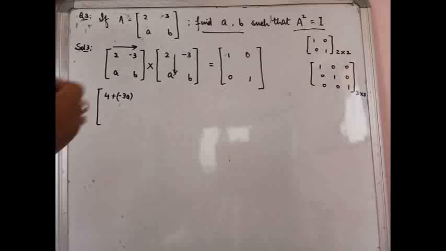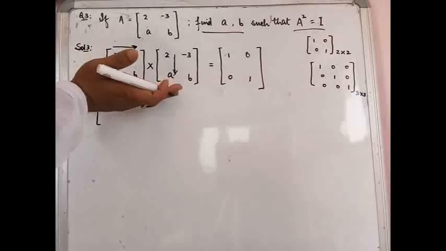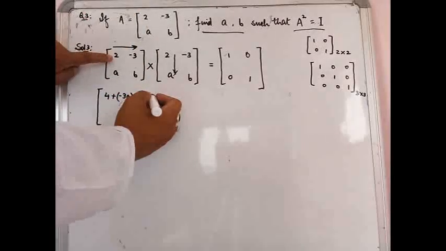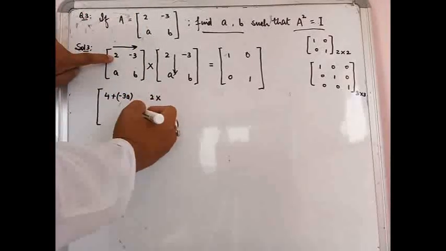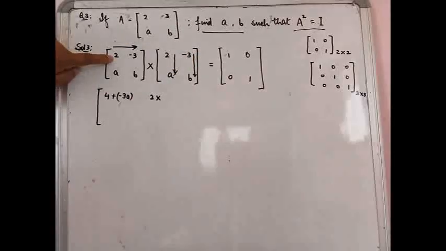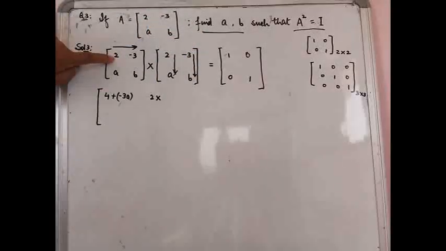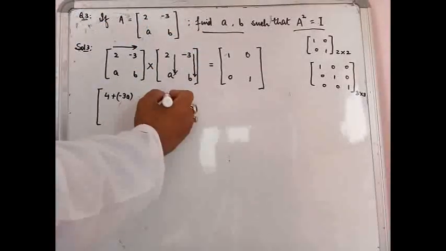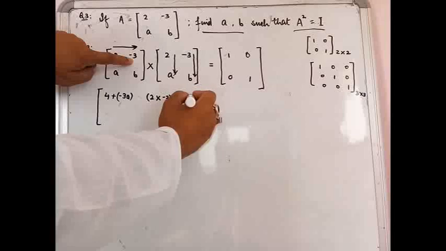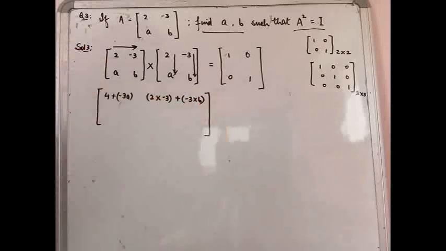Similarly, now moving to the next entry of the first row. This is the first row that we are moving in, so we are going to the second entry, or you can say that this is the second column that we are entering. So this 2 multiplied by, what is the order in the second matrix? The second column coming down, because we are doing the second column of the resultant matrix, so we will take the second column of the second matrix. So this 2 will get multiplied with this minus 3, plus this will get multiplied by the next entry, which is b over here. That is how you are going to proceed.